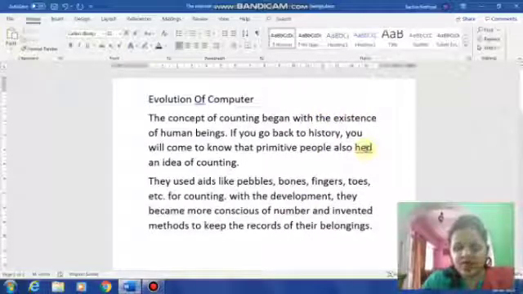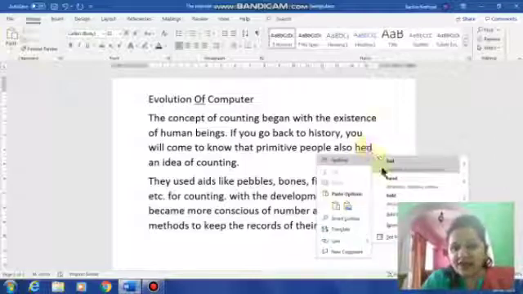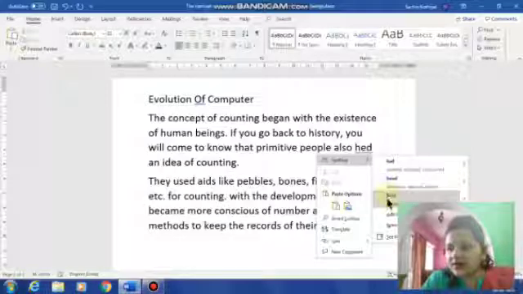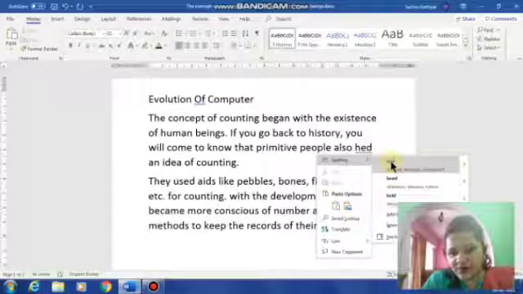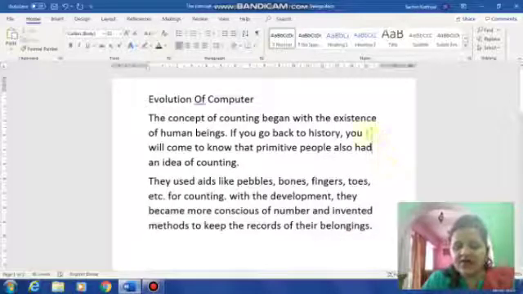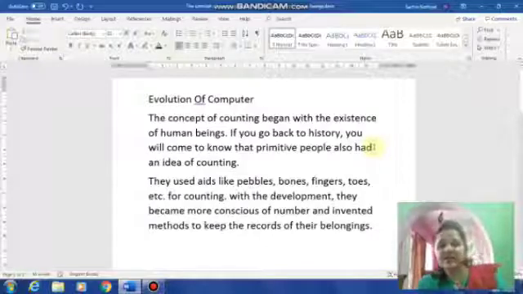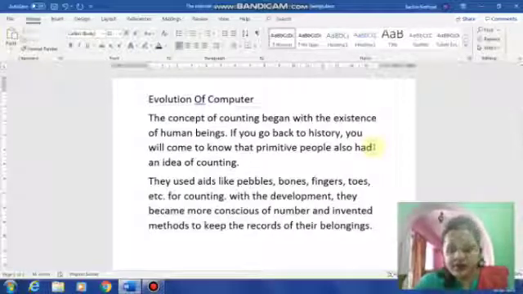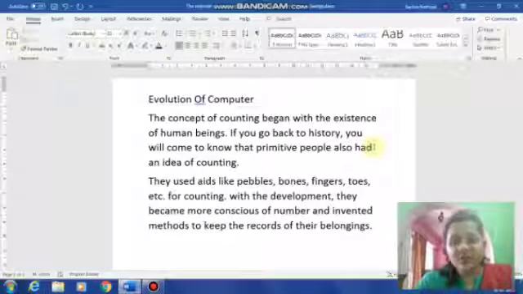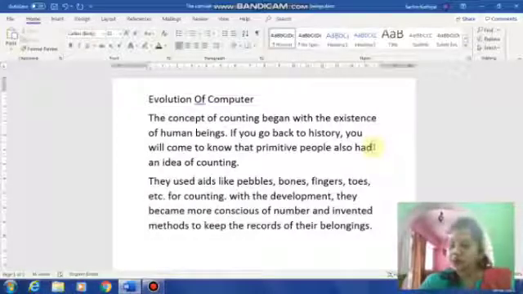The spelling is written wrong. Now if you want to correct it, how can we correct it? We can click on that particular word, press right click, and see, it will display a list of alternative spellings. I want to write down like this, head. So if I click, see, it automatically corrects that particular word. So isn't it a very good feature of MS Word? So this is how you can keep on checking your spellings, whether you have written something wrong, and you can correct it also. Okay, children?